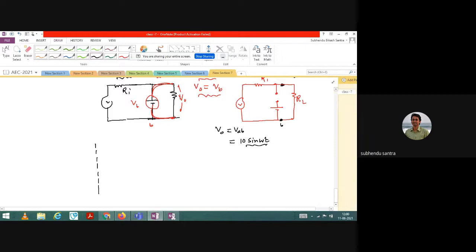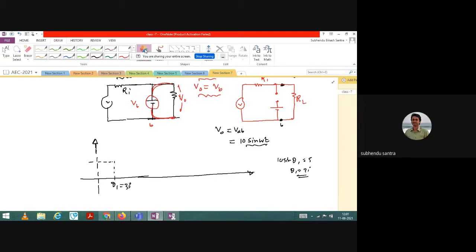And please help me, you already know which one is forward bias and which one is reverse bias. Up to θ1, and you know how to calculate θ1. It's not that big a deal. I can write it as 30 degree, because 10 sine θ1 is equal to 5, so it is 50%, so θ1 equals 30 degree. Now from this point to this point, is the diode forward biased or reverse biased? It is forward biased.